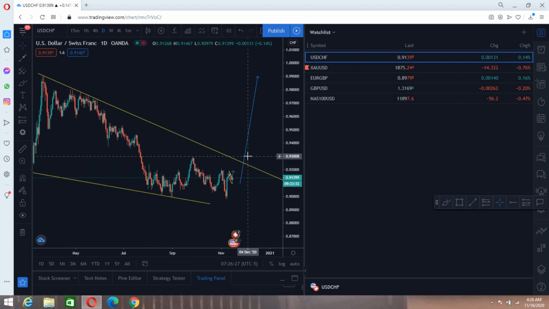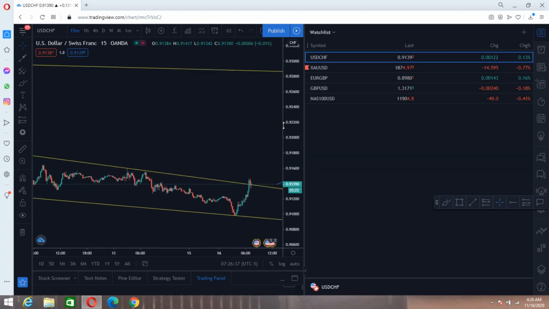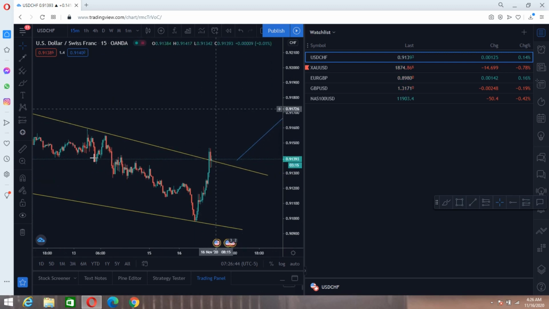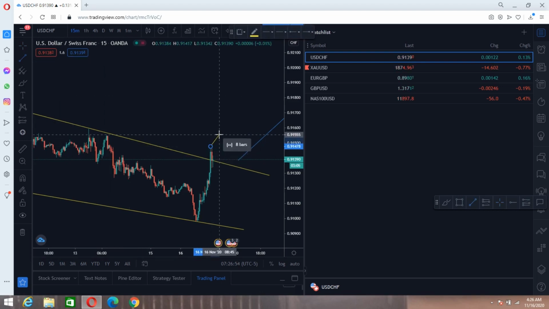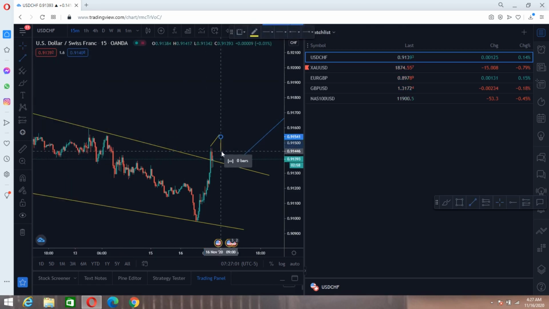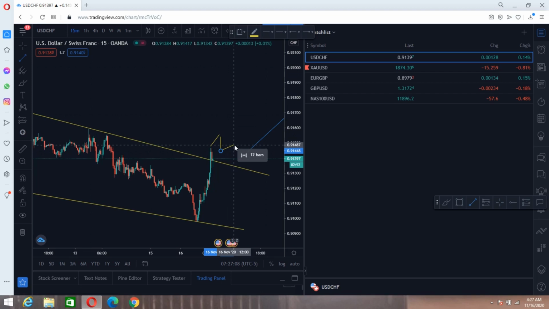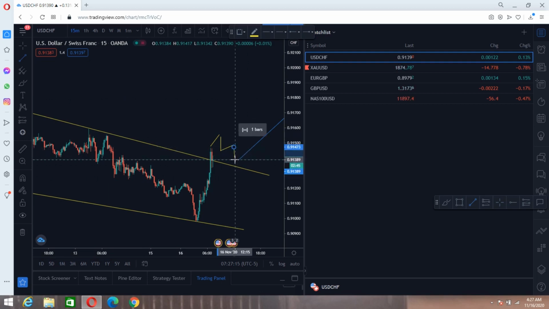So here, just wait for it to break, come for a retest. That's also when I enter it, but for now I'll just look at it carefully, and I don't think I'll go in because I need it to break with a heavy momentum to the upside, then wait for it to do a continuation pattern again. This is what I'll be waiting for in order for me to go in the trade. For now I'll be watching it carefully, but this is what I want in order for me to get in the trade,